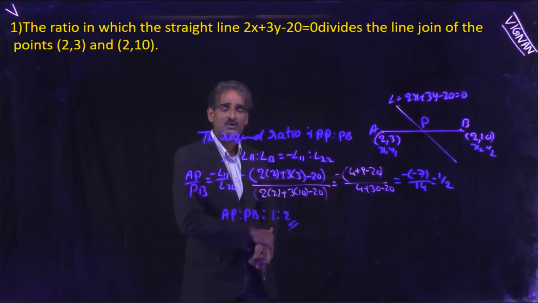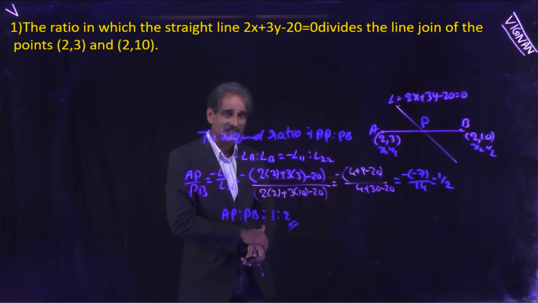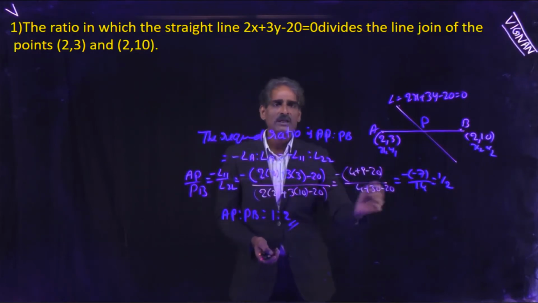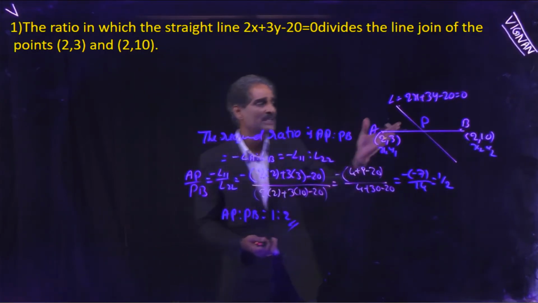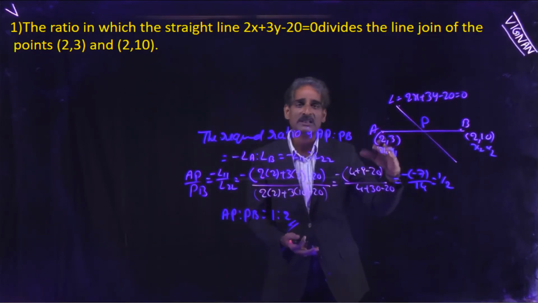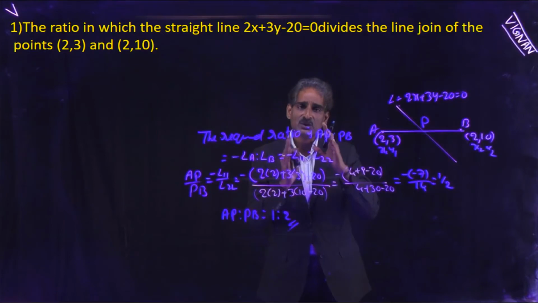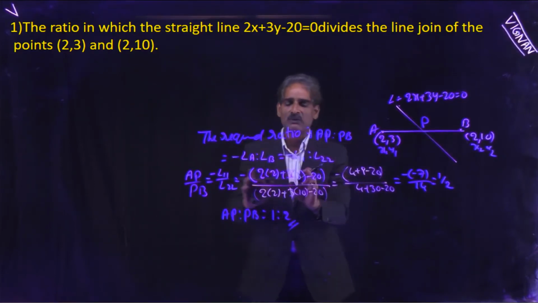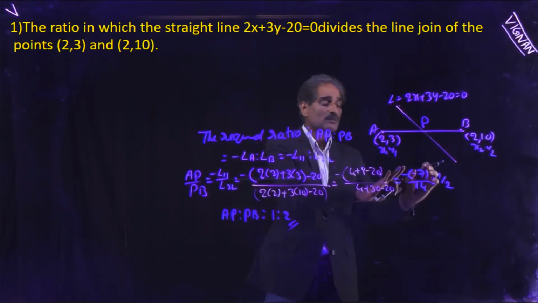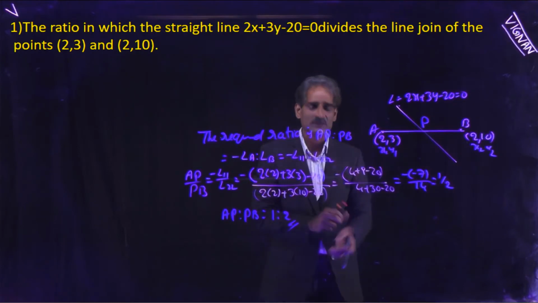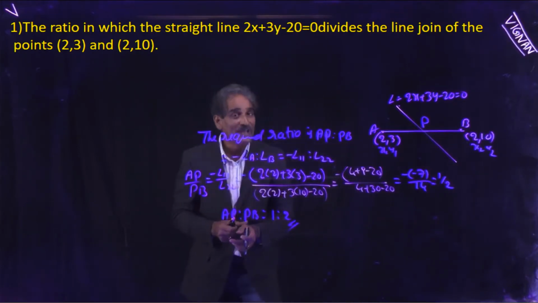Here the ratio is positive, that means the line divides AB internally. Therefore, in this case, the 2 points lie on either side of the line. Here you will get L11 negative and L22 positive. With the help of the ratio also you can say the position of the point. If the ratio is positive, the line divides the 2 points internally, that means the 2 points lie on either side of it. If he asks only the position of the point, just simply find out L11 and L22 without the negative. Here L11 is negative, L22 is positive. Both have opposite signs, that means they lie on opposite sides. This is how to find the positions of the points.